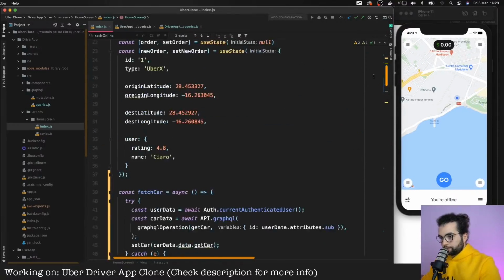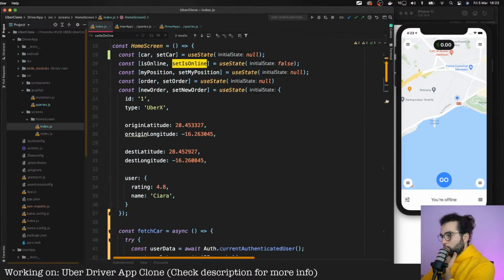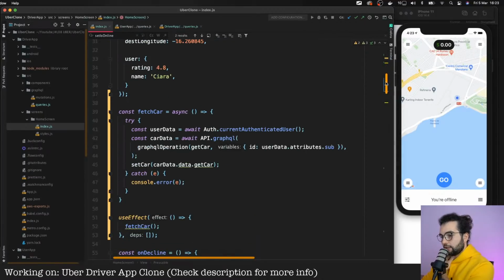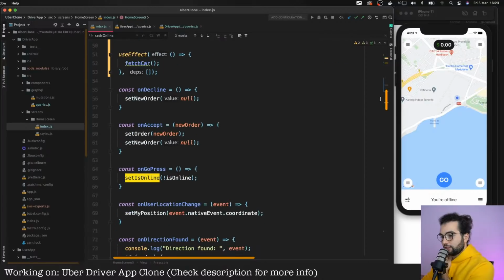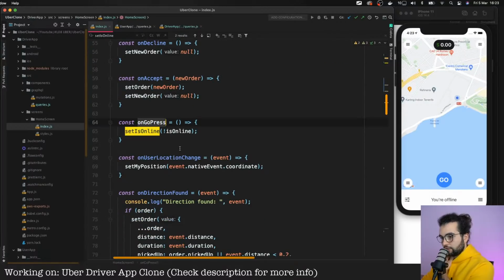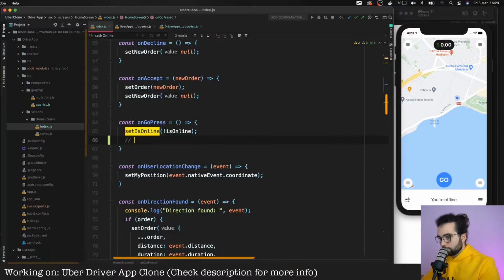Let's now, whenever we press on the button, we should update the isActive field of a car. So here on goPress, update the car and set it to active, or like inverse the active.